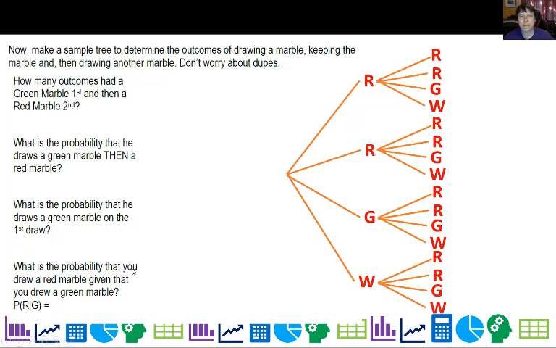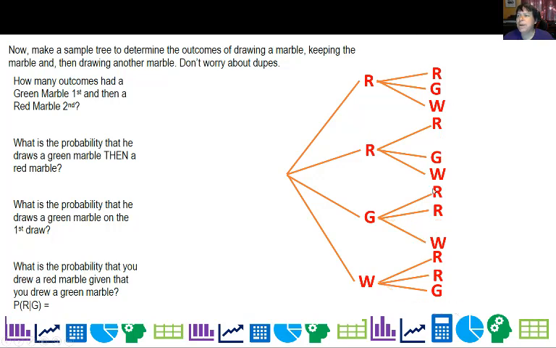Now it gets interesting if I keep the marble, because if I keep the marble I draw in the first draw, the urn is no longer reset. It is changed by what happens. So these are going to be dependent events. So how many outcomes? Well, first of all, if I'm keeping the marble, I have to adjust the tree. So you don't want to draw this whole tree. You need to take out some branches. So I'm going to take out the first red on that first set there, then the second red here. I can't draw green and green because I already took the green out, and I can't draw white and white.